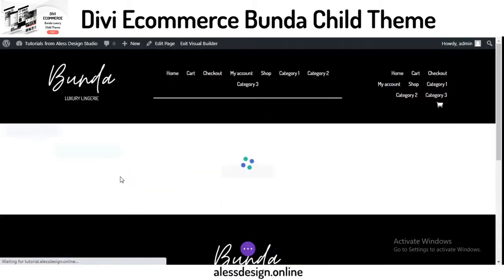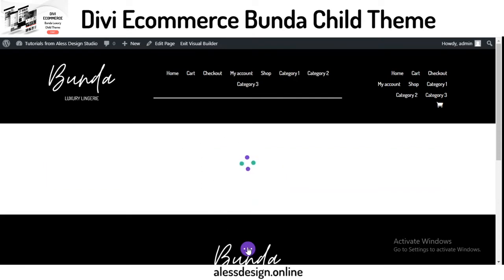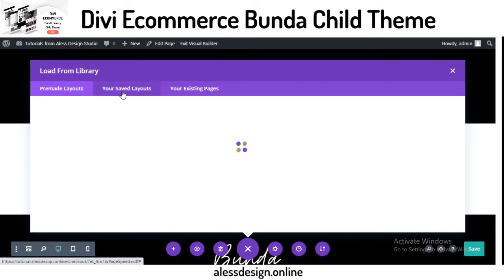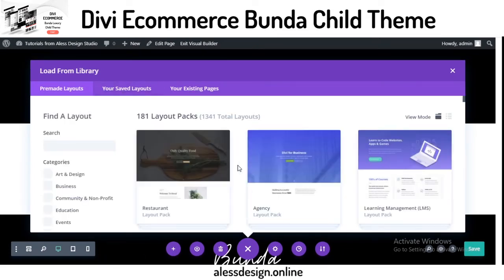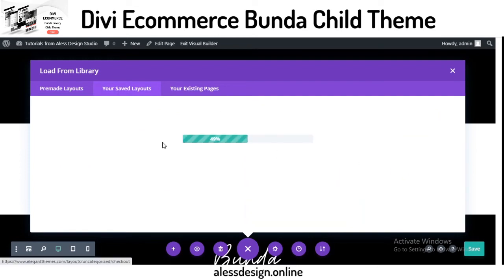So use existing content and wait for the page to load up. Sometimes it takes a little bit longer. While you wait, you can click here, go to the plus button, your saved layouts, and find the checkout page layout, which is here. Click on it. Let it upload,